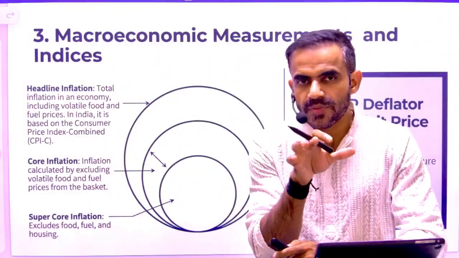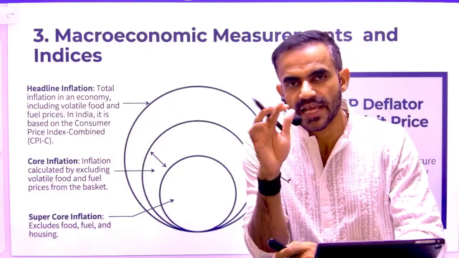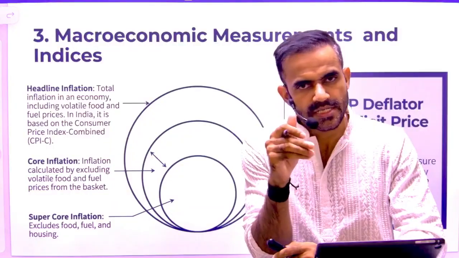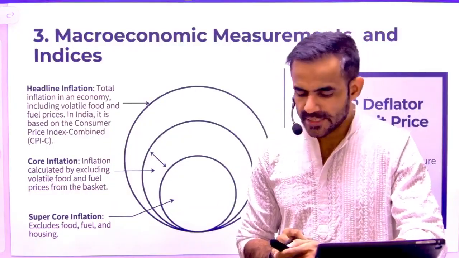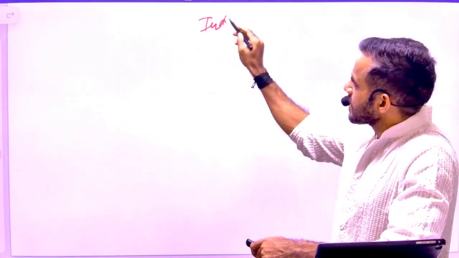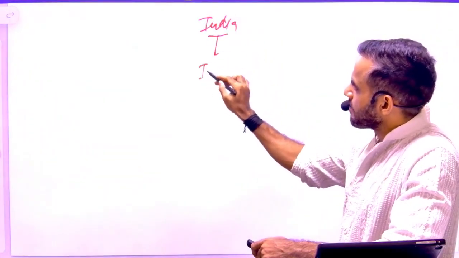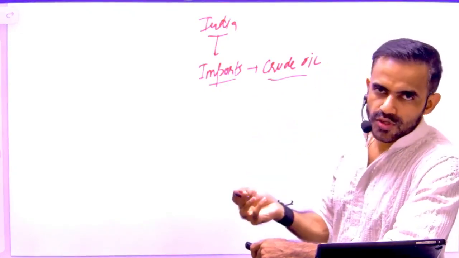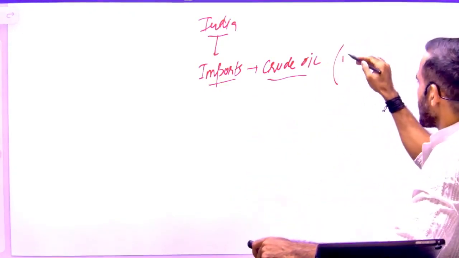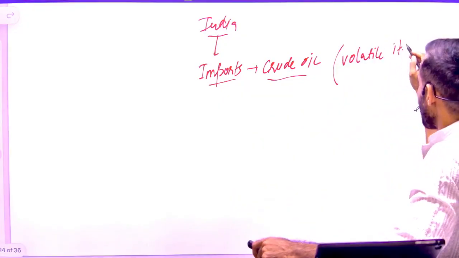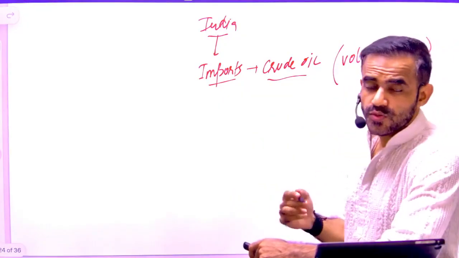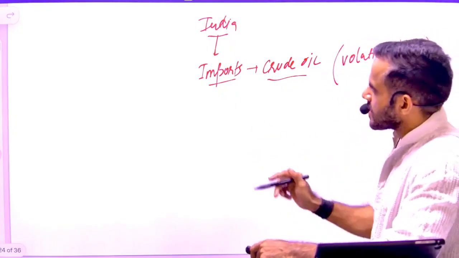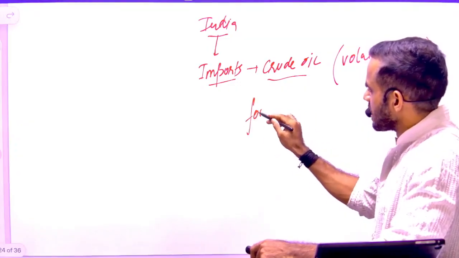Whenever we have to measure inflation, we include some items and we exclude some items. If we have to measure inflation from the consumer perspective, we call it CPI, that is Consumer Price Index. In the case of India, please remember that we are heavily dependent on imports of crude oil. So the price of crude oil fluctuates a lot. That's why this is referred to as a volatile item. Why is it volatile? Volatile basically means the price fluctuates a lot. Another item for which the price changes a lot is food items or perishable items.